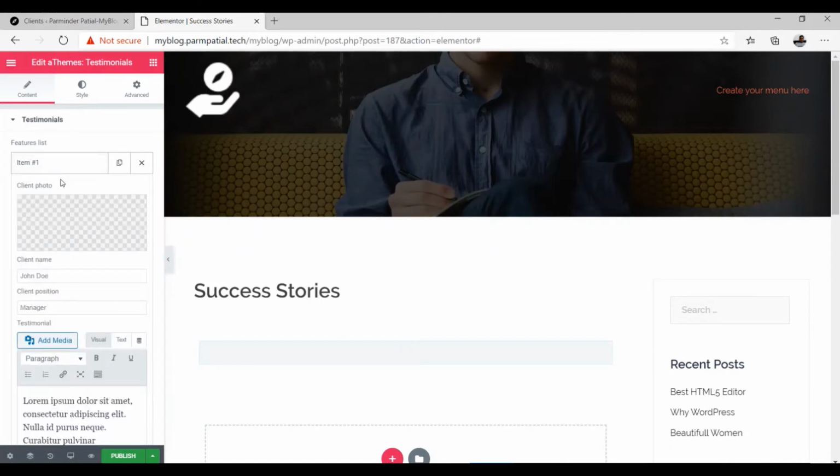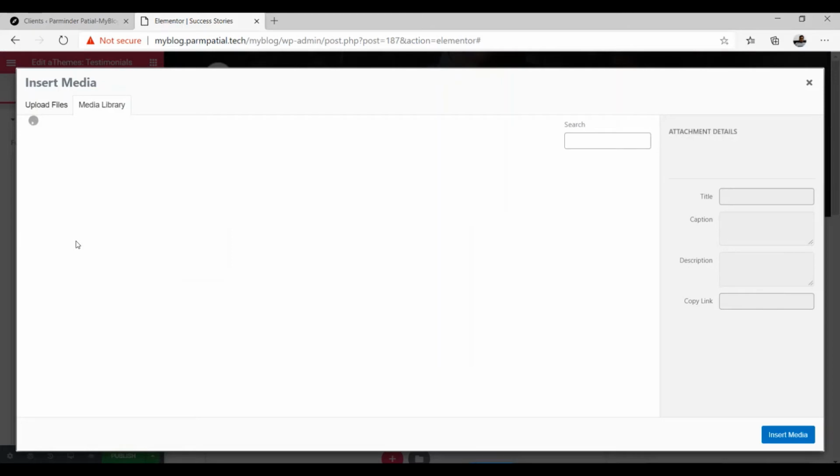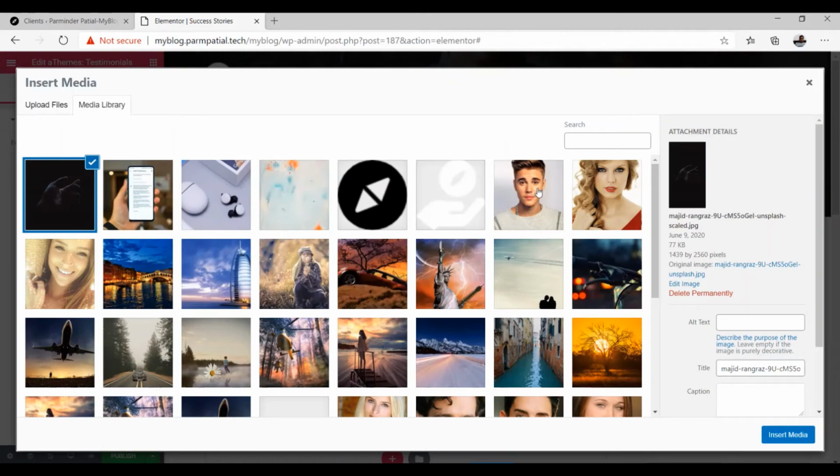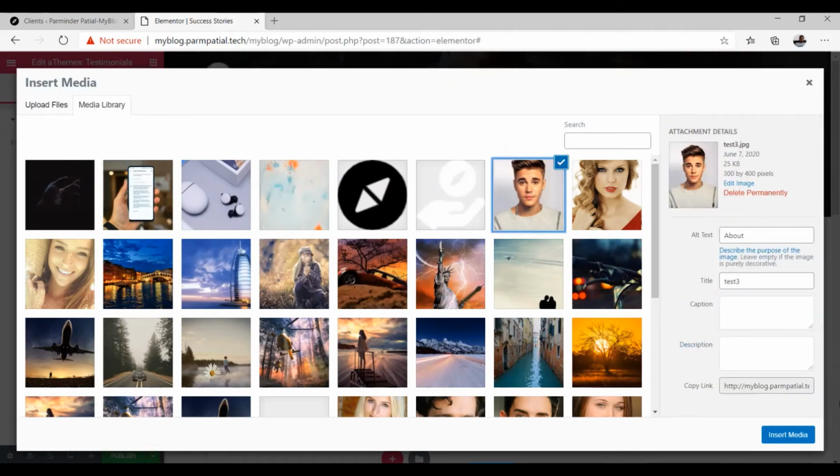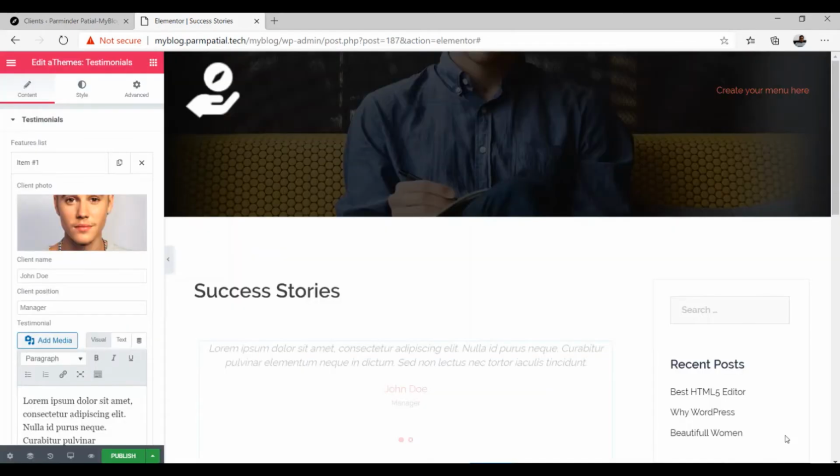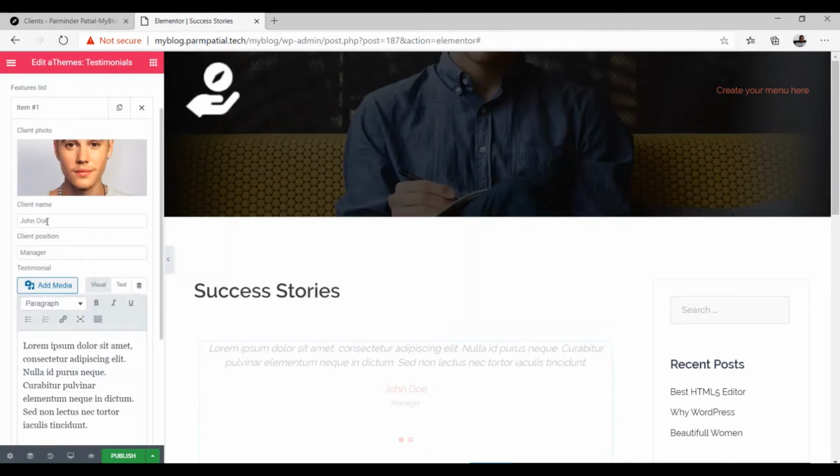So first of all, you have to select item 1, then here you have to select the client photo. So for this I'm just moving to the media library, and from the media library I'm selecting this image this time and clicking on the insert button. Here you can give the name of the client.